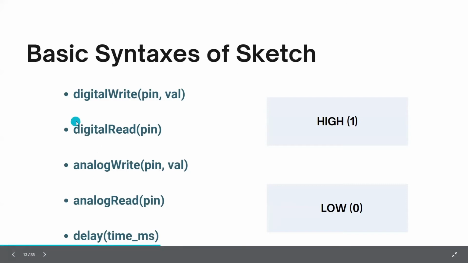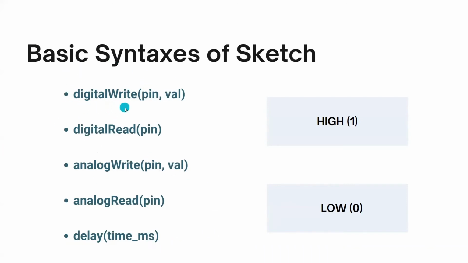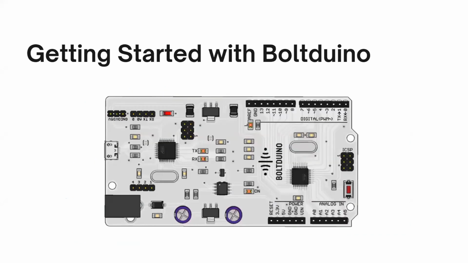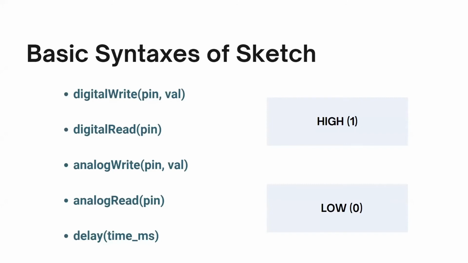So I hope you are able to understand what all these functions are. This is similar to printf or whatever you call it. It's cin, cout, or you can assume it as print in Java, whatever language it is. So these functions are exactly similar to this itself. If I want to turn it on, I have to use this syntax. If I have to turn it off, then I have to use this type of syntax. If I have to read it, then I have to use this type of syntax. So this is all about a basic introduction to the syntax of a Sketch.